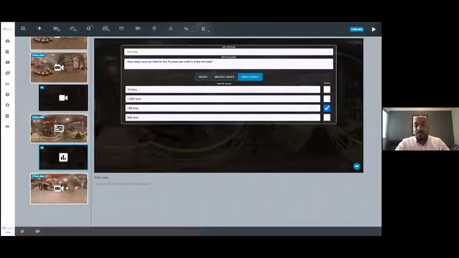Others use it as part of ways to assess the knowledge and skills that person acquired, and whether they are allowed to progress through the experience based on the knowledge they have. So it could be that you can ask questions here. How many tons can an electric arc furnace melt in a few minutes? And you can select the correct answer. On the back of that, if someone answers it correctly, they're allowed to progress through the experience. If they answer it incorrectly, they will have to watch a video.